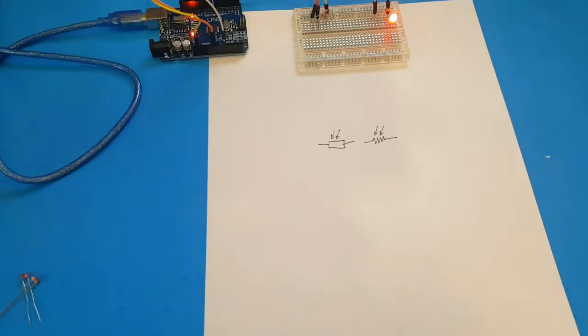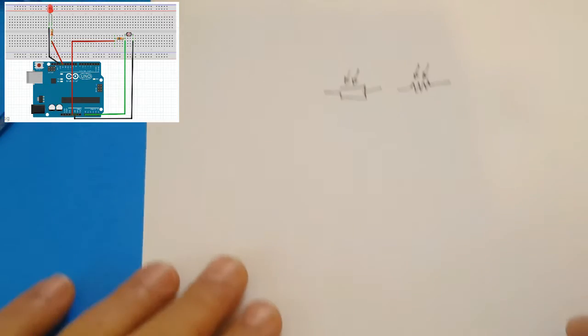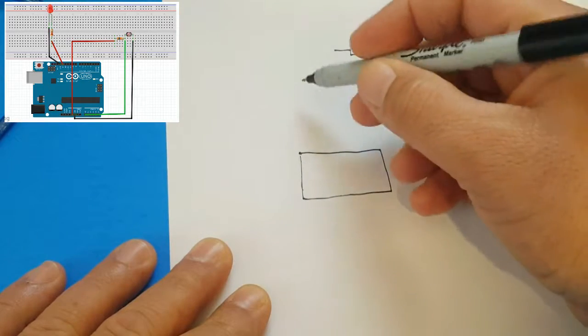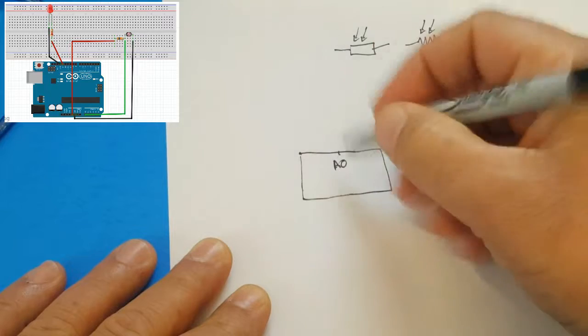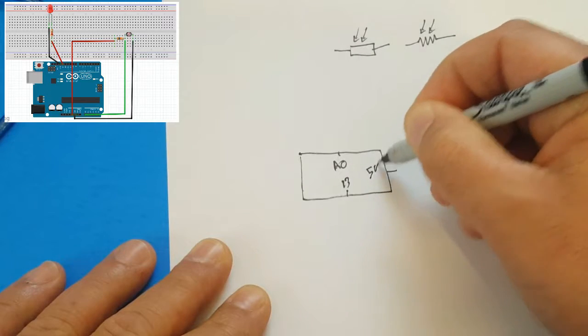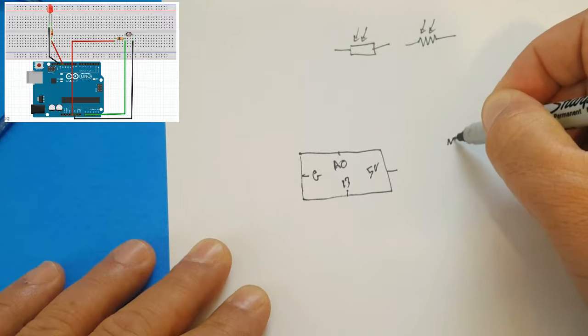And this circuit that I have in here, I'm just going to draw it fast. Probably I'm going to put a Fritzing diagram as well for it. Let's say this is the Arduino. And we have the A0 where I have the photoresistor connected, and this is pin 13 where the LED is on. This is the 5 volts, and this is the ground. So the photoresistor is right here,